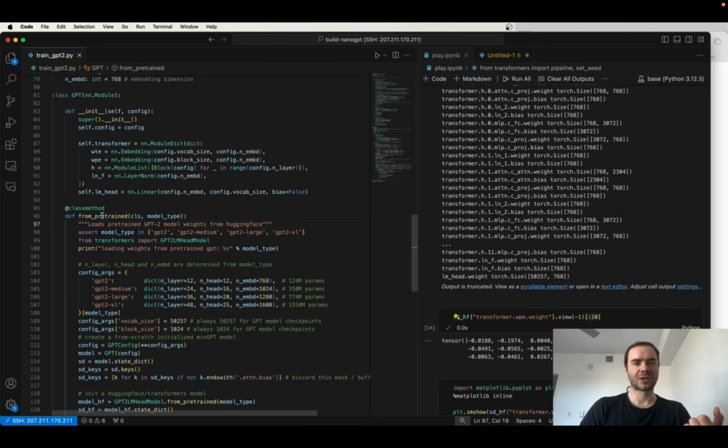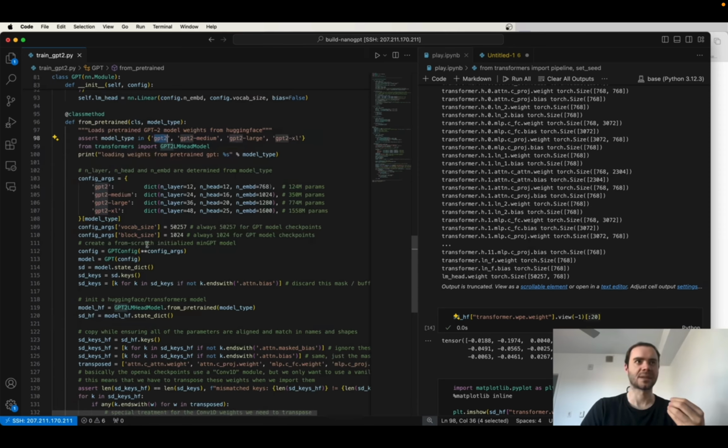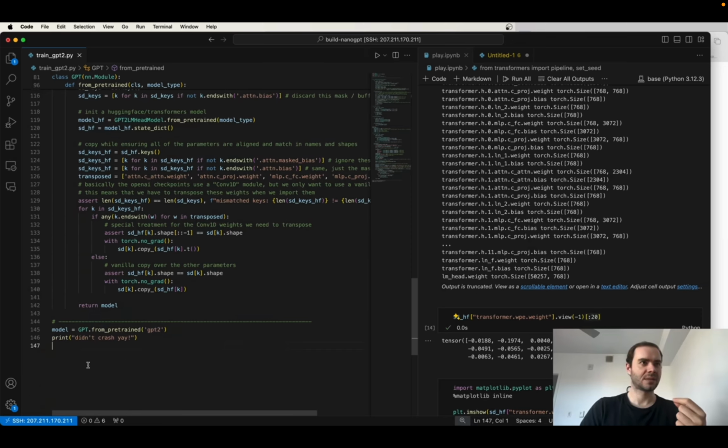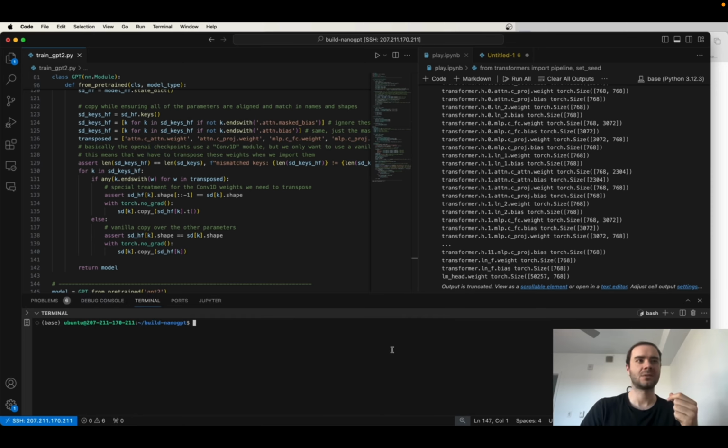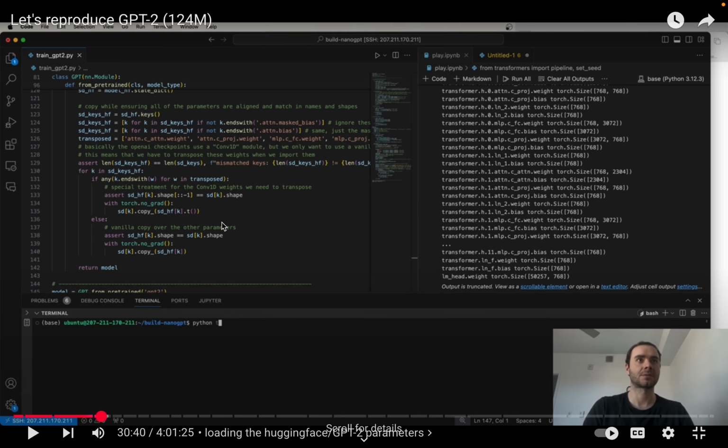So the from_pretrained is a constructor or a class method in Python that returns the GPT object if we just give it the model type, which in our case is GPT-2, the smallest model that we're interested in. So this is the code, and this is how you would use it. And we can pop open the terminal here in VS Code, and we can Python